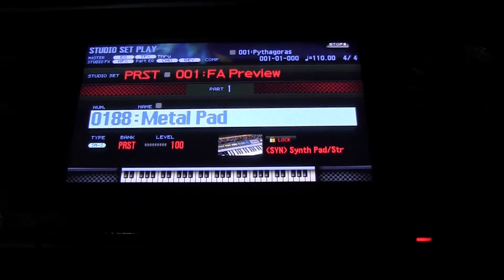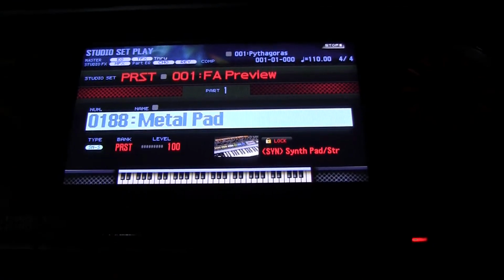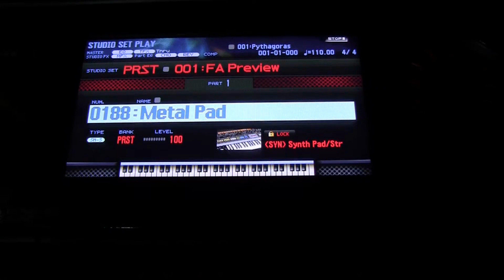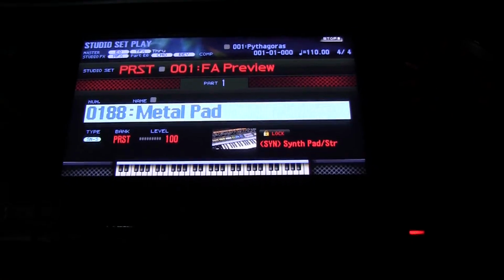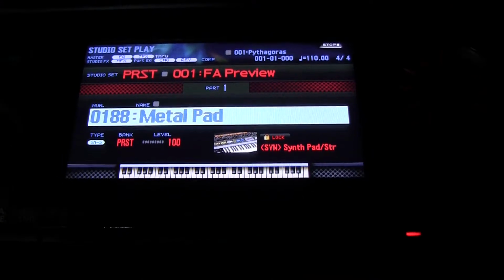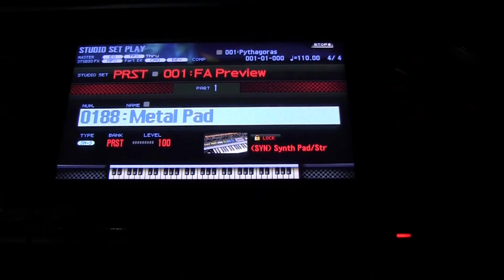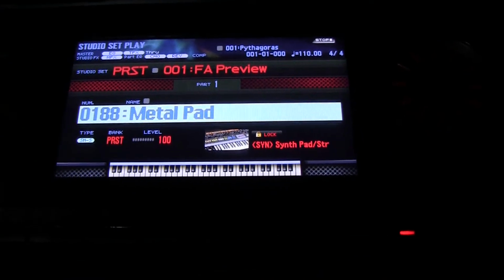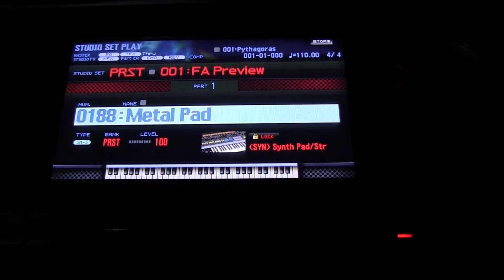I was asked by a viewer to do some more explanation on the virtual engine of the FA-06 synth. The FA-06 has two synth engines. One is the Supernatural engine, which is very similar to the virtual analog synth that's used in their Gaia